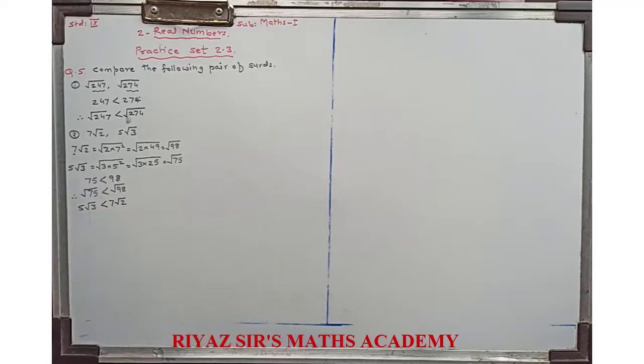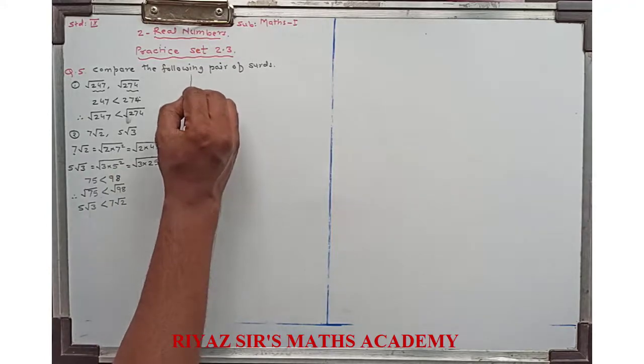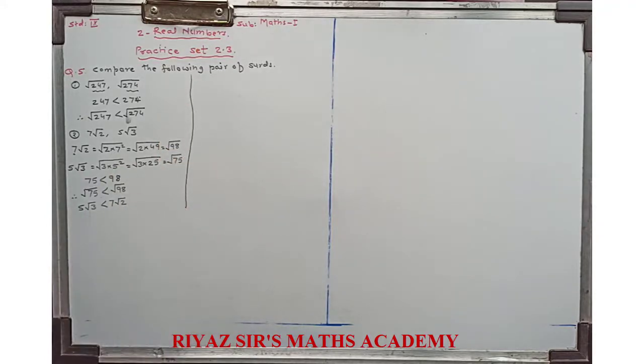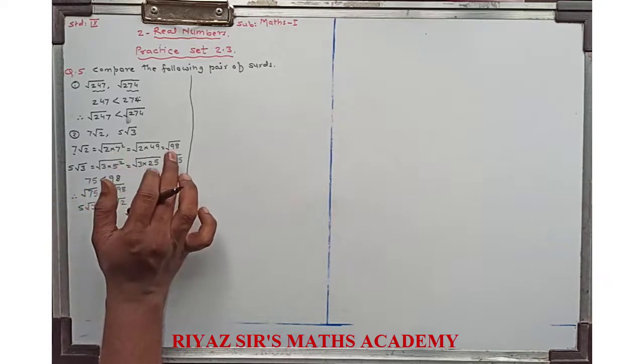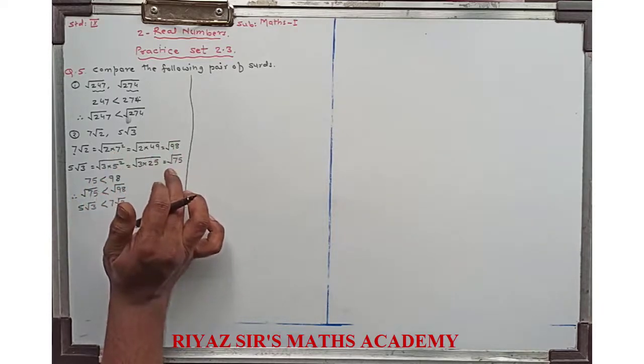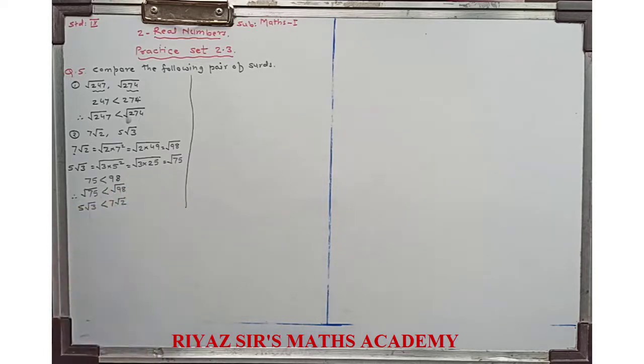तो इस तरह से हमको सॉल्व करना है. Any doubt in this? समझ में आएगा? देखो यहाँ पर जो भी कोएफिशिएंट रहेगा उसको रिमूव करना है. रिमूव करना मतलब क्या करना है, उसको अंदर लेके जाना है. रूट, जो रूट का साइन रहेगा उसके अंदर लेके जाएंगे. और कैसा लेके जाएंगे? जितना ऑर्डर रहेगा. अब यहाँ पर हमको जो स्टडी करना है सर्ड्स में, ऑर्डर 2 ही रहेगी. तो उसका स्क्वायर लेके अंदर लेकर जाएंगे. जो भी आउटसाइड में नंबर रहेगा उसको स्क्वायर लेंगे, और अंडर रूट लिखेंगे, उसको मल्टीप्लाई करके लेंगे, और फिर दोनों के ऑर्डर सेम हो जाएगी, कोएफिशिएंट सेम हो गए, तो उसके रेडिकेंट को कंपेयर करेंगे हम लोग. In this way we have to solve.